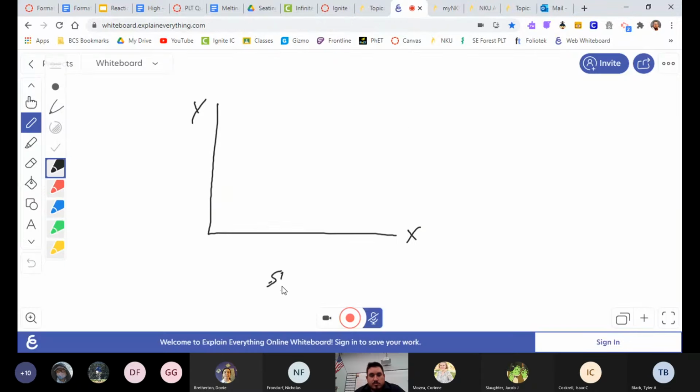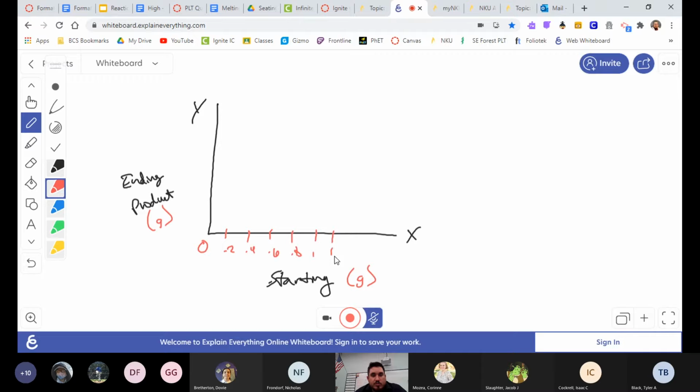Starting amount, and then your ending, your product. And of course, these are all going to be in grams because that's what we had on our balance there. And then we start off with 0, and most of you had at most like 1.5 grams or something like that. So what you might want to do is 0.2, 0.4, 0.6, 0.8, 1, 1.2,